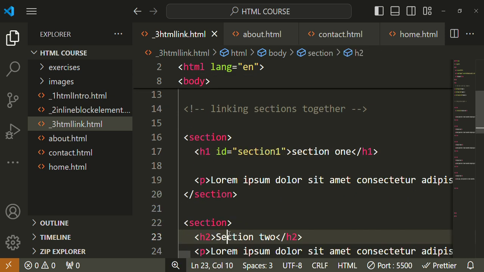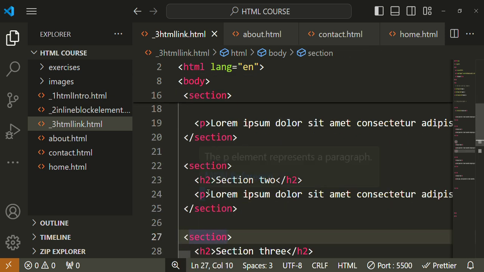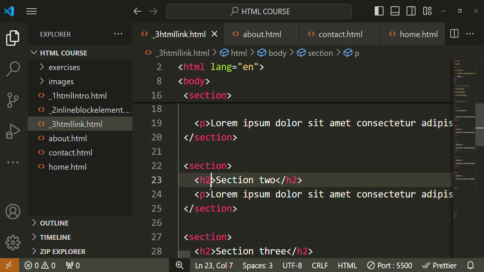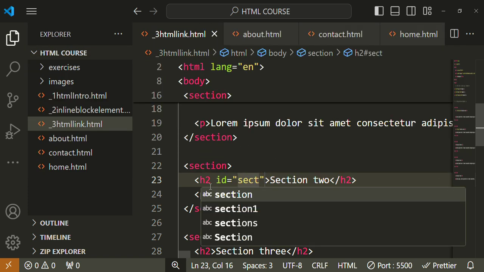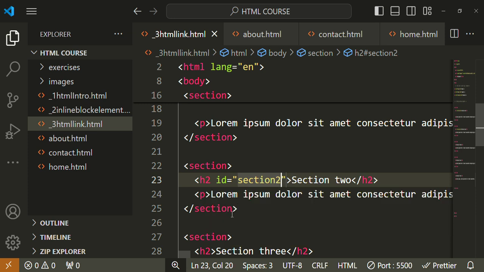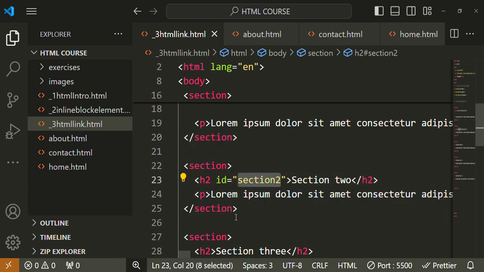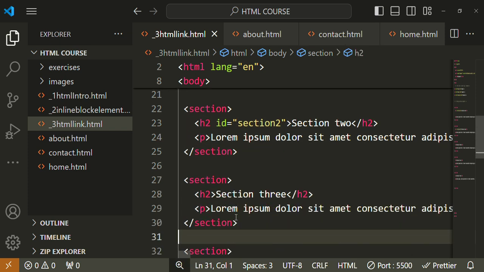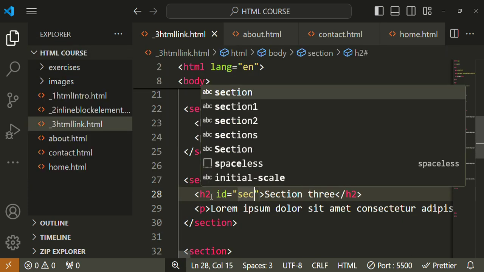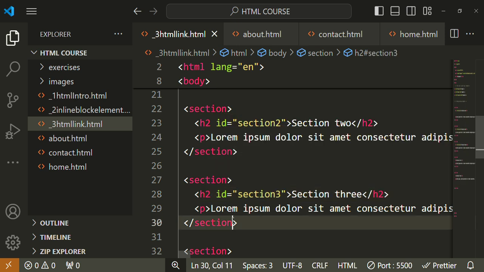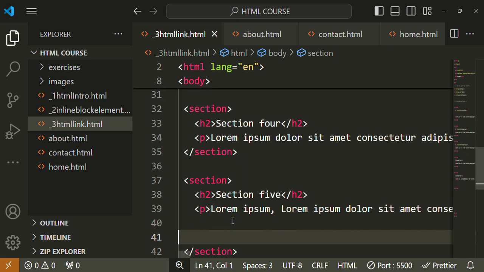This is very important, take note. I'll move to the next heading, section 2. I'll give it an ID. Just understand ID as identity for this section. You want to know this section by its section 2 ID. Then for section 3, we are going to give it an ID, ID section 3. Then for section 4,